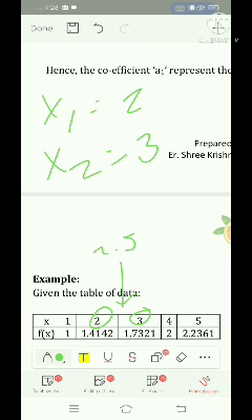So dapat yung pipiliin mo na x sub 1 tsaka x sub 2, dapat napagitnaan niya yung required mo na value. Katulad ng nasa figure natin kanina, 'di ba? Napagitnaan niya. So again, that would be our x sub 1 and our x sub 2. Now, based on our formula,